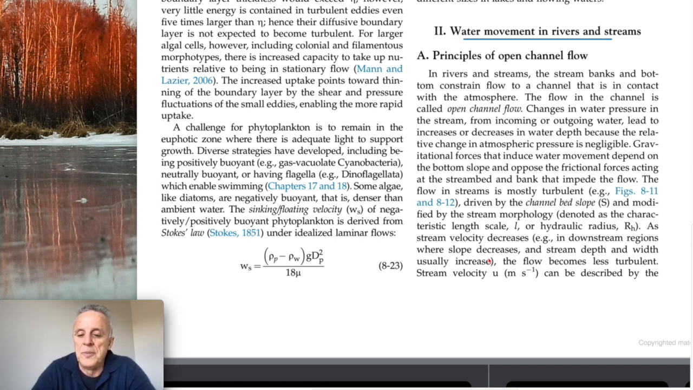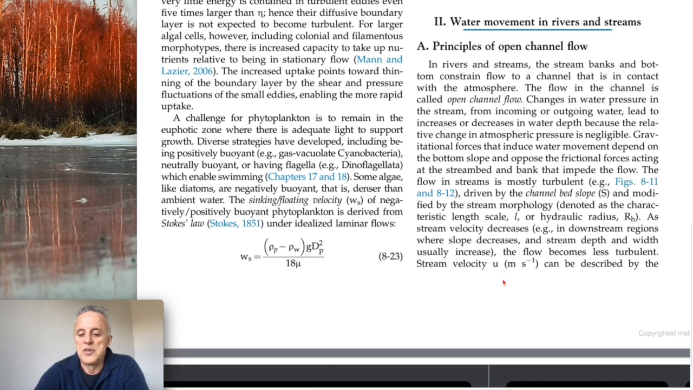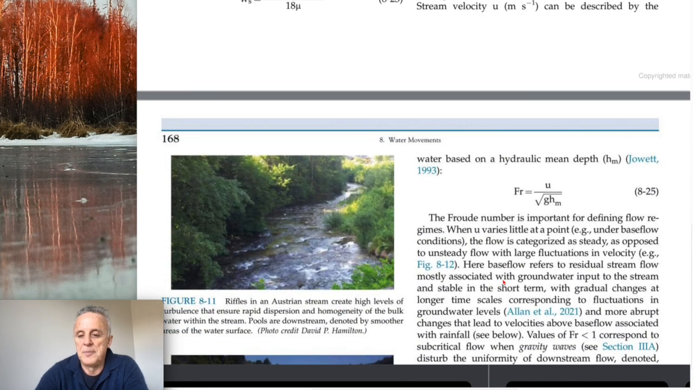The flow in streams is mostly turbulent, driven by channel bed slope, and modified by the stream morphology denoted as the characteristic length scale L or hydraulic radius RH. As stream velocity decreases, for example in downstream regions where slope decreases and stream depth and width are usually increased, the flow becomes less turbulent. Stream velocity, U, in meters per second, can be described by the